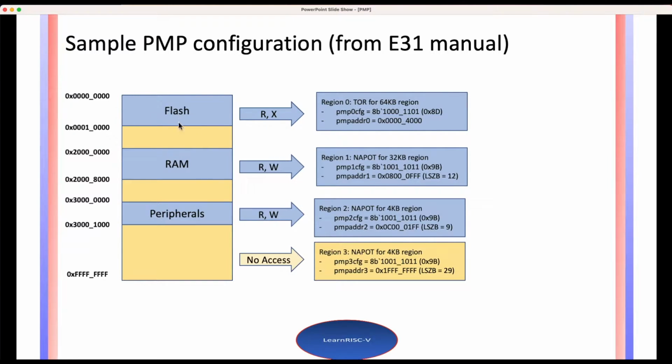so to give no access, if you see here, okay, this is wrong. I think I just copied from here to here. Okay, and I see that read write, you can see the bit fields here. Read write permission is given, whereas for no access it should be 0, 0. And this is a naturally aligned power of 2, except the first one which is top of range. Rest are all naturally aligned power of 2. Okay,